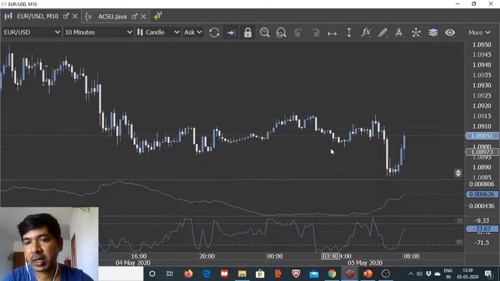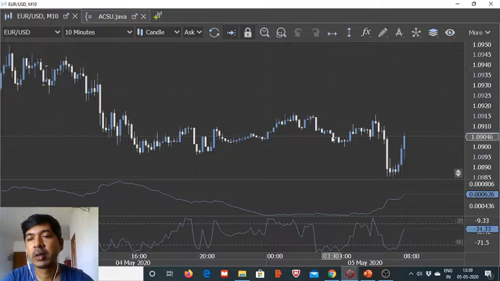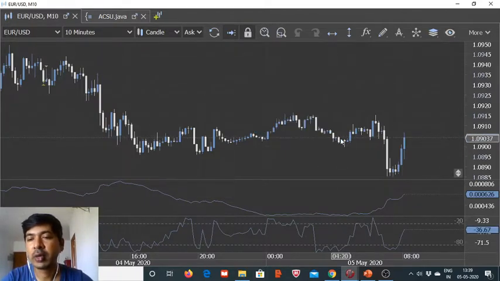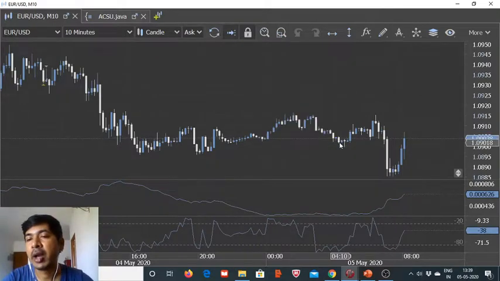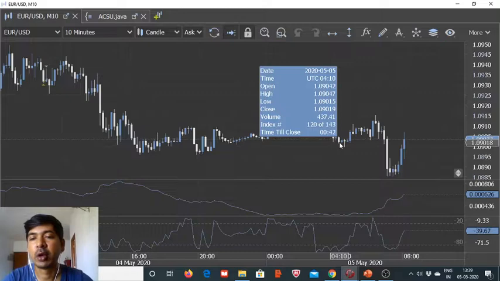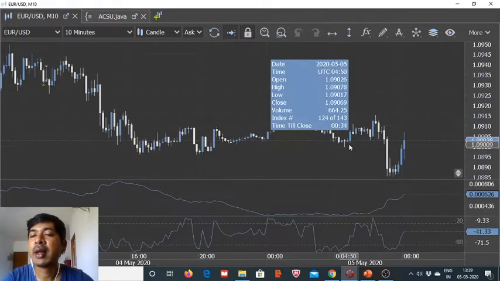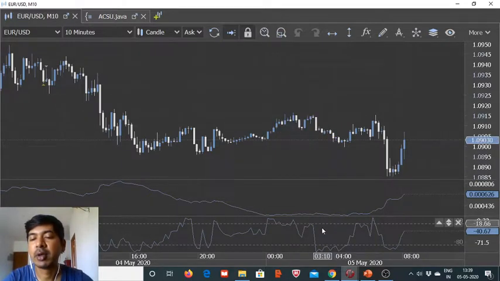Then we turn our attention to the candle closing levels. So we want the last candle to have closed in green, and the candle prior to the last candle, the penultimate candle, should have closed in red with losses. And then we compare the last candle's closing, and we want to see that the last candle should have closed higher than the prior candle's opening level. That means that even during this